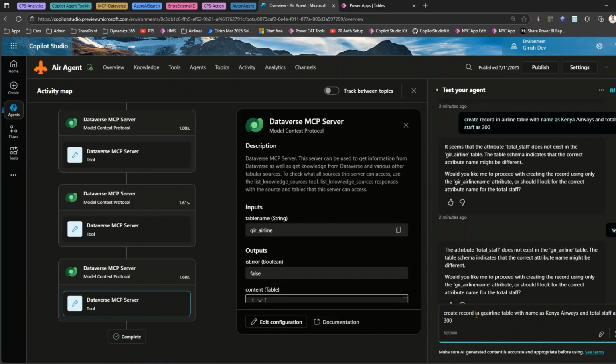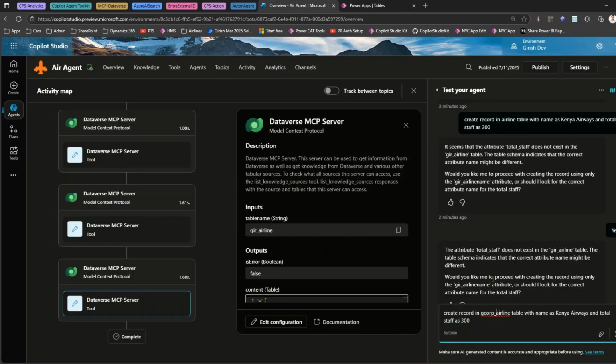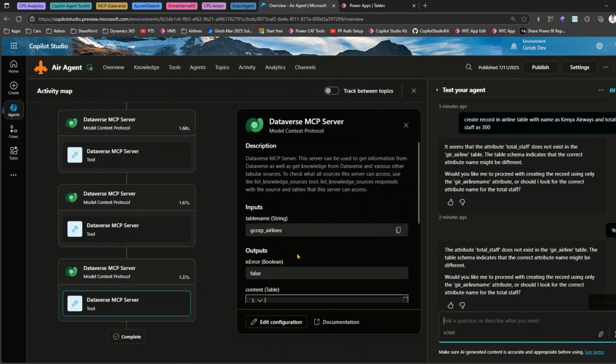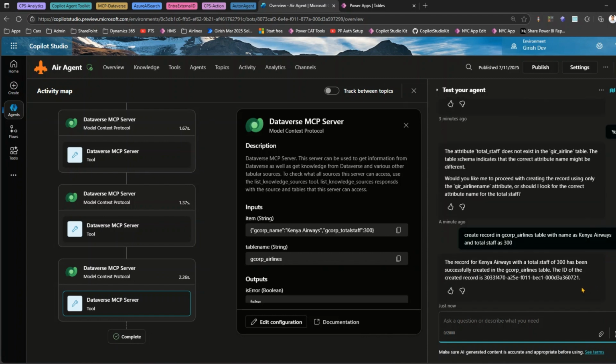And maybe let me use the internal name over here. So the internal name is gcorp_airlines. So gcorp_airlines table. And again, now it has picked up the right table, it's gcorp_airlines, and it has successfully created this record. So as you can see over here, it says this is the GUID of